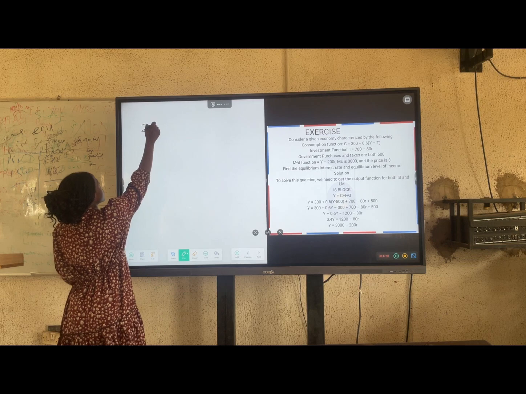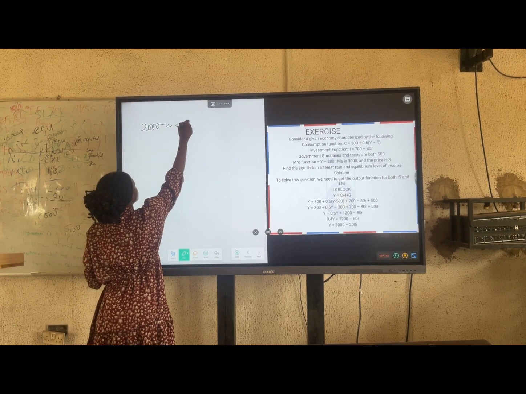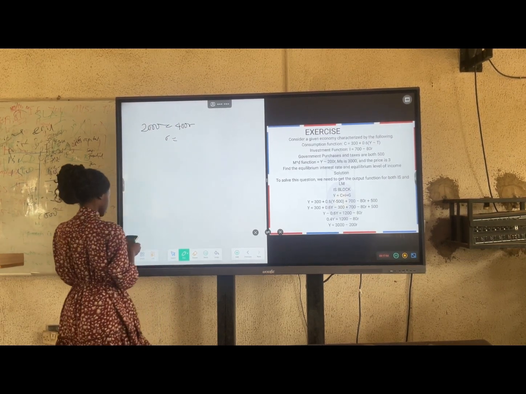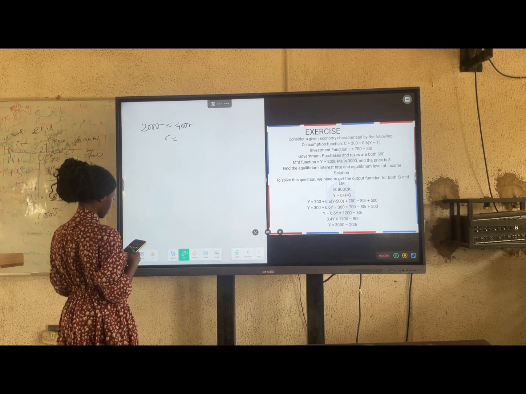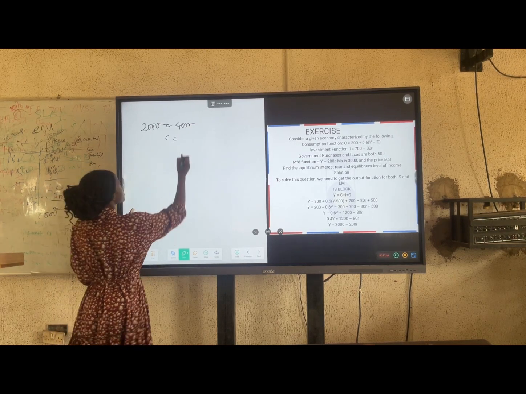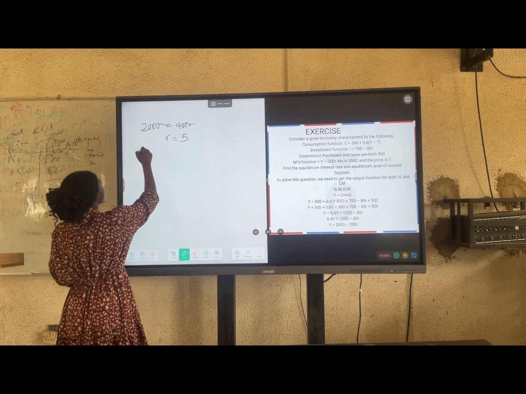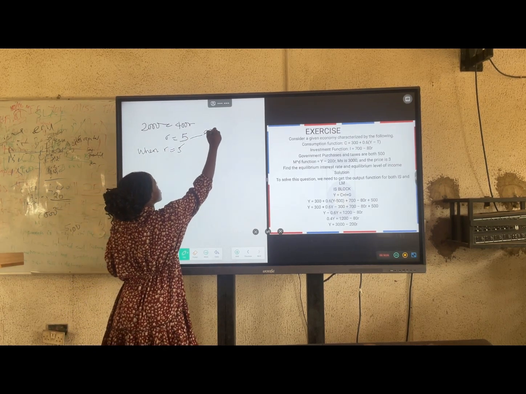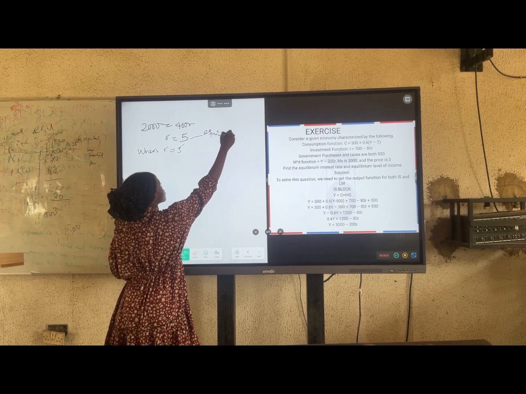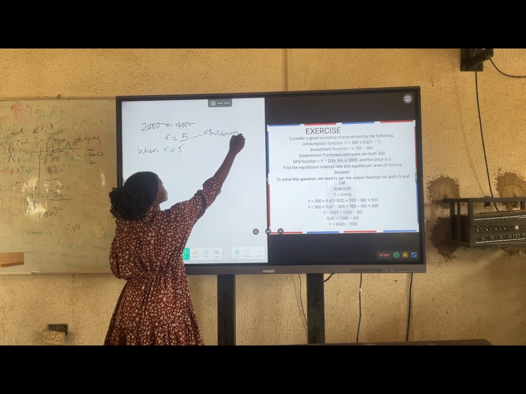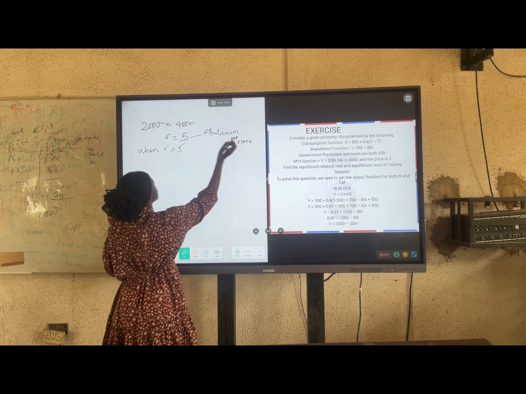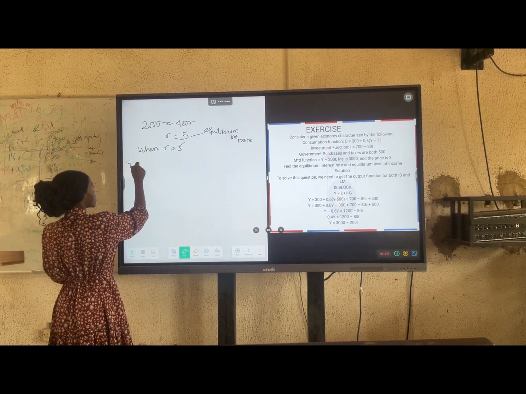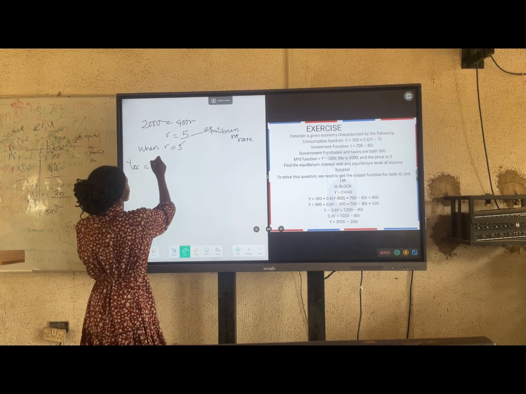Yeah, so that'll be 2000 equals 400r. So to get the equilibrium rate, that'll be 2000 equals 4 divided by 400r. So our equilibrium interest rate is 5. This means the equilibrium interest rate in both markets, both the IS and the LM,